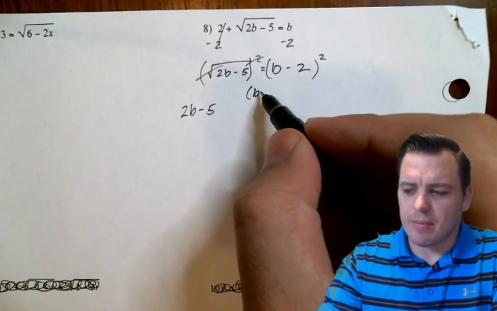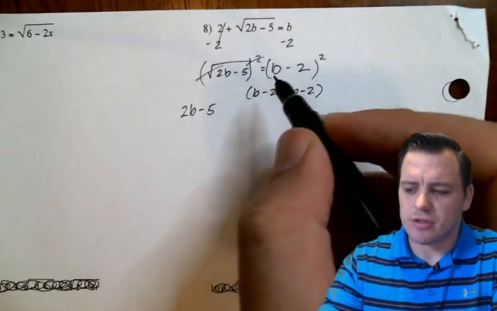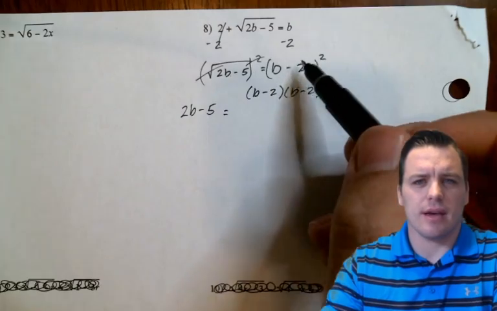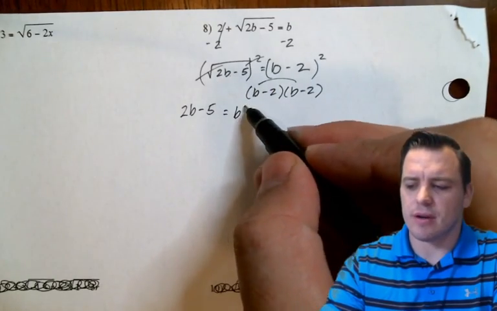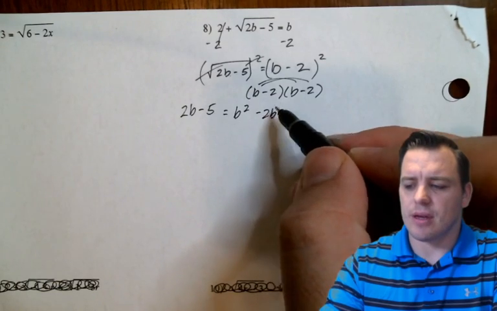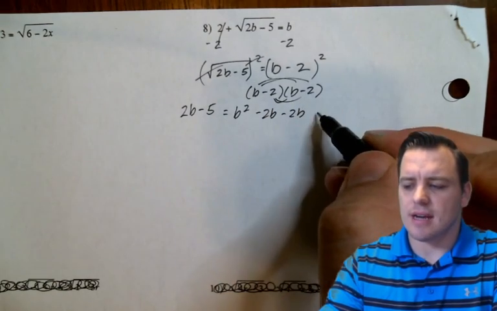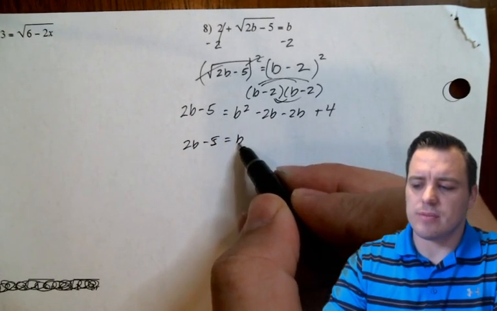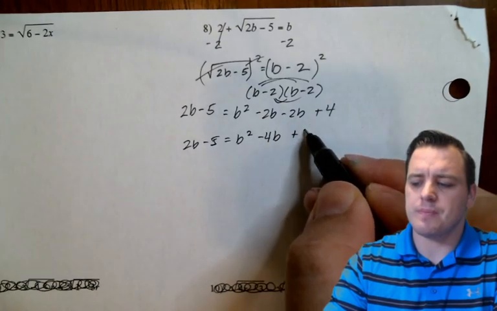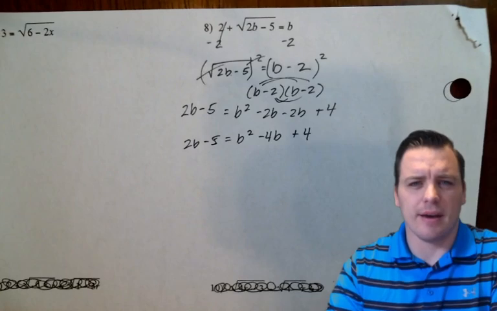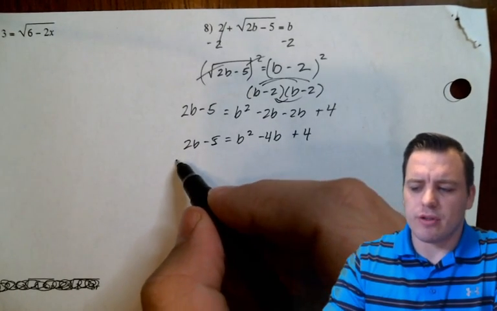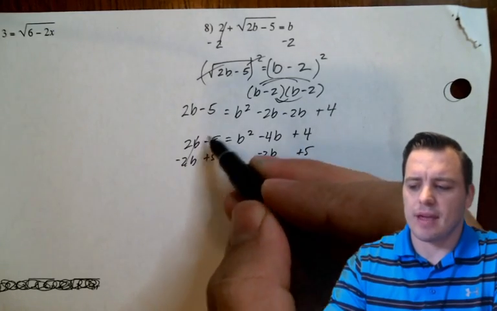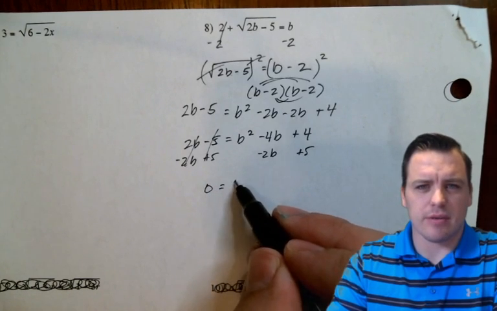And that, of course, is b minus 2 times b minus 2, which is FOIL. So this 2b minus 5, which canceled, came from this, and now I have to FOIL this. First is b squared. Outside is negative 2b. Inside is negative 2b. Last is 4. So 2b minus 5 equals b squared minus 4b plus 4. Then I want to subtract 2b from both sides and add 5 to both sides. That cancels, that cancels. 0 is then equal to b squared